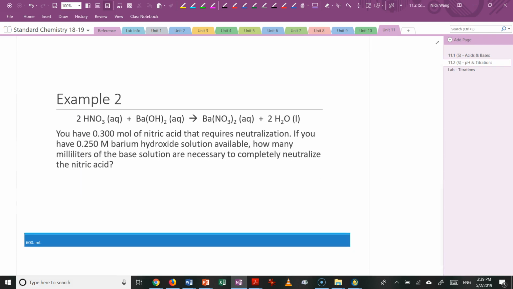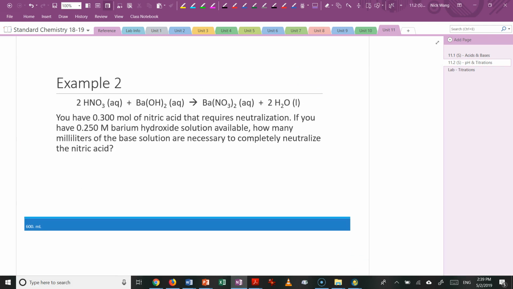In example number 2, we're going to change it up just a little bit. Notice how it's still the same reaction equation. It's still nitric acid. You still have barium hydroxide with the same two products in an acid-base neutralization. On top of that, though, you're given 0.300 moles of nitric acid, once again, that requires neutralization. So we want to go ahead and neutralize all of the given 0.300 moles of nitric acid. If you have 0.250 molar barium hydroxide solution available, how many milliliters of the base solution are necessary to completely